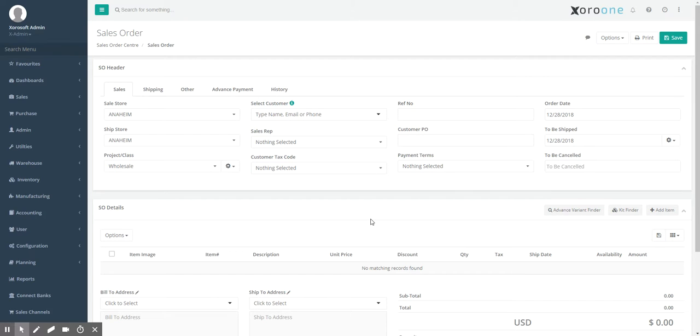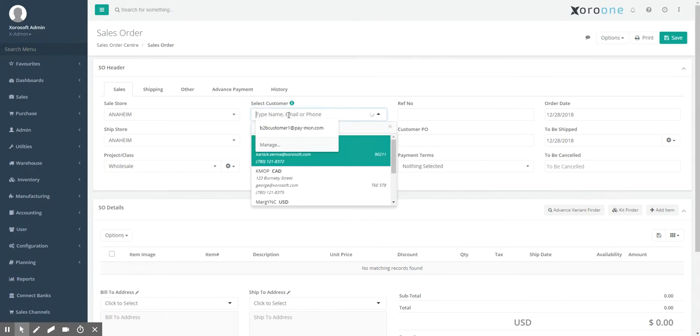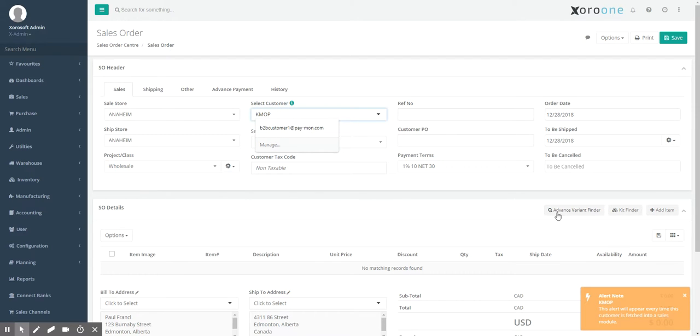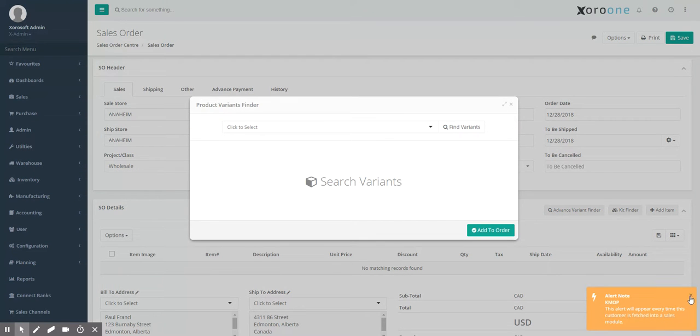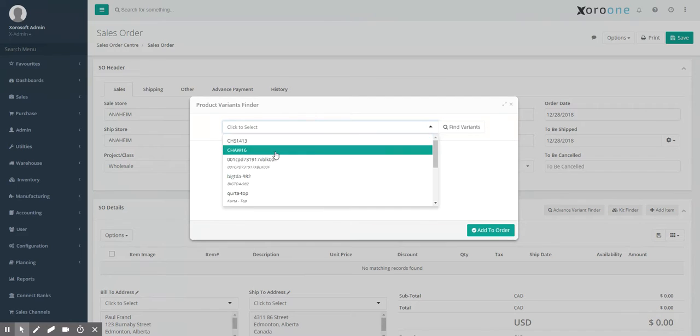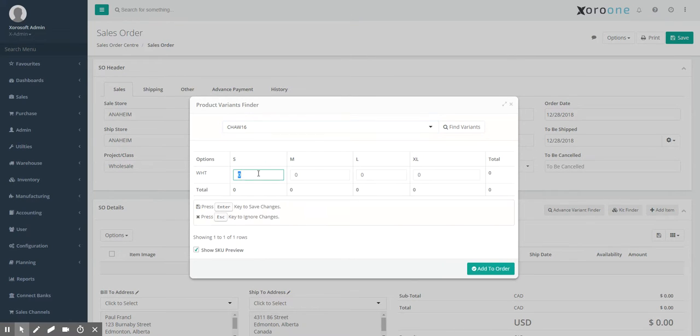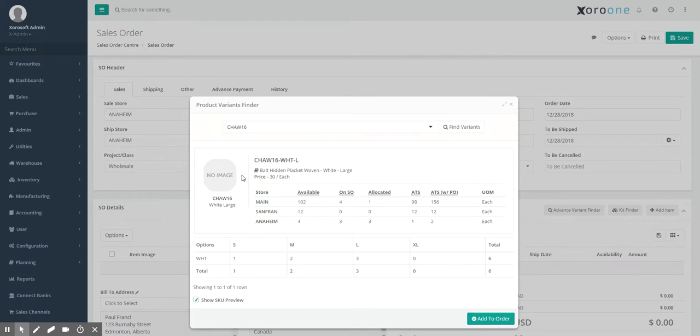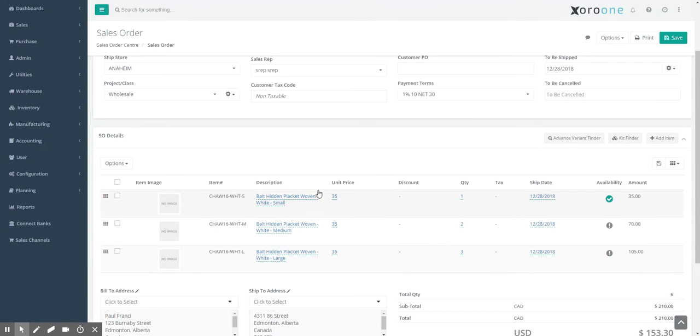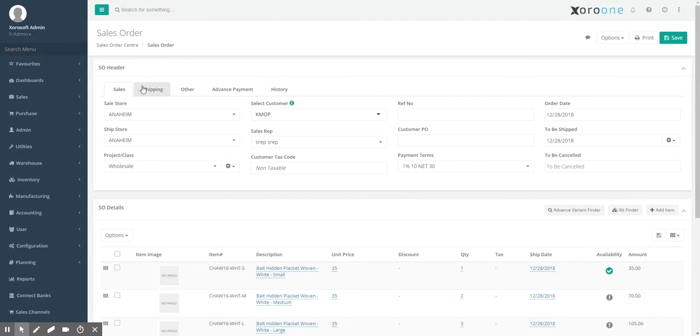So there's a particular way that this should be done. I'm on the sales order module here. Let me go ahead and add a customer. Let me add some SKUs to this order. Now the way to add shipping is you want to go to the shipping tab if you're in the